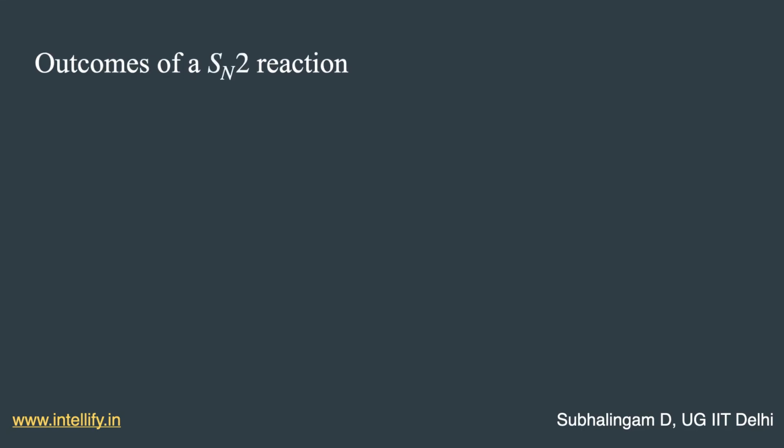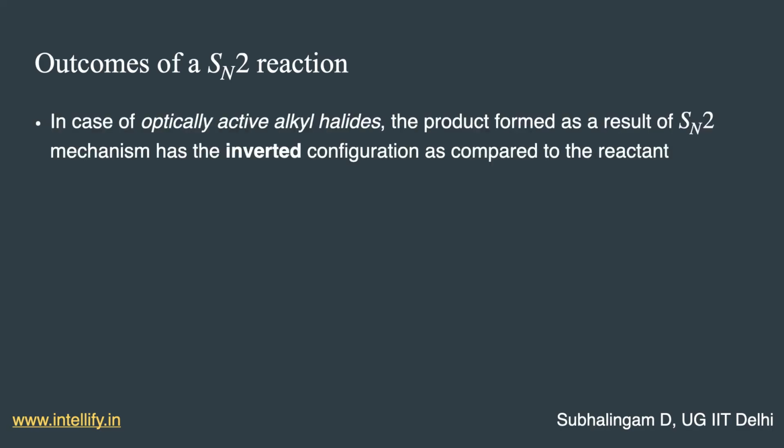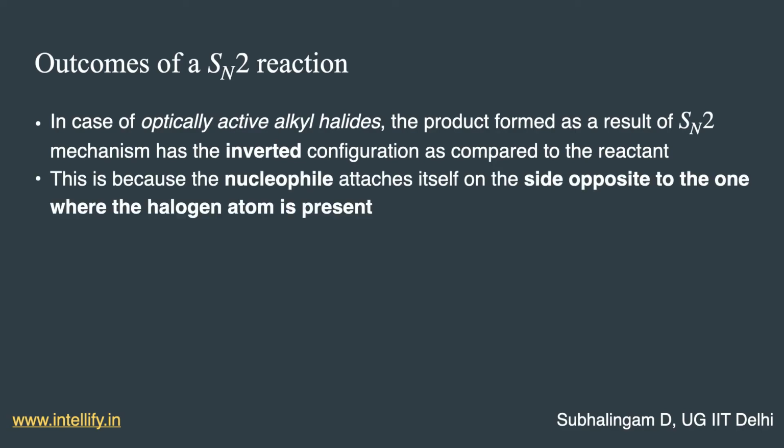So now let's see what exactly happens in an SN2 reaction. Why do we get an inversion in configuration? In case of optically active alkyl halide, the product formed as a result of SN2 mechanism has an inverted configuration as compared to the reactant. This is what I told you in the beginning of the video, and now we will be seeing why. This is because the nucleophile attaches itself on the side opposite to the one where the halogen